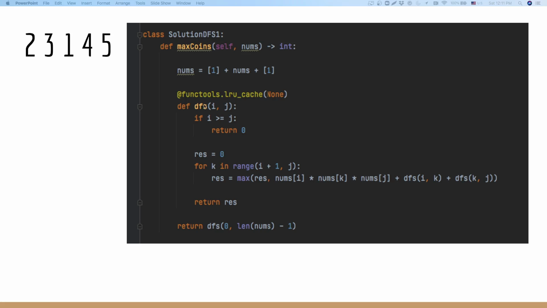In this case, I used the Python trick to cache that. The reason is that the inner function looks like a recursive function, so it's much easier to understand. In the next slide, I'll manually cache that, which is more friendly to Java or C++ developers. Okay, so like we mentioned before, we need two virtual boundaries, because on the left hand side